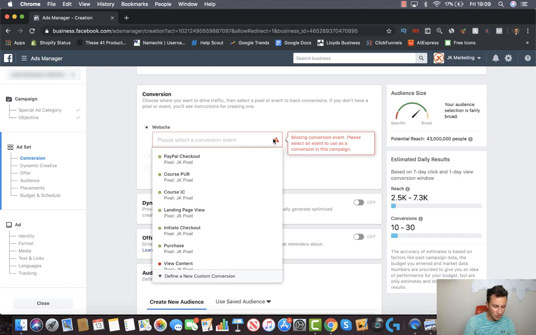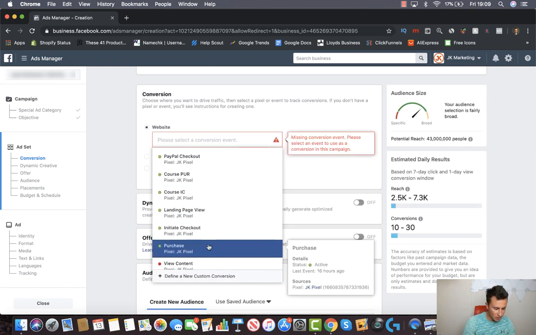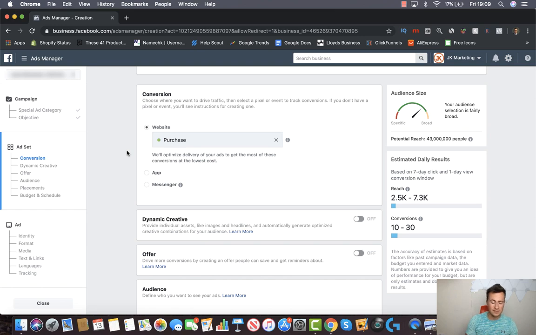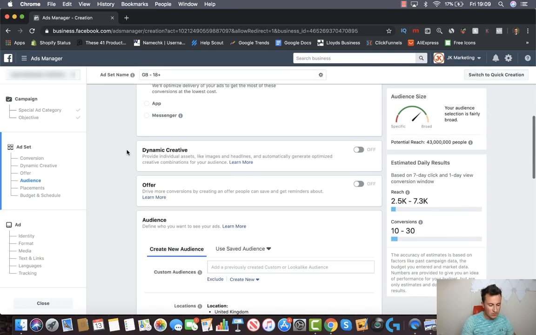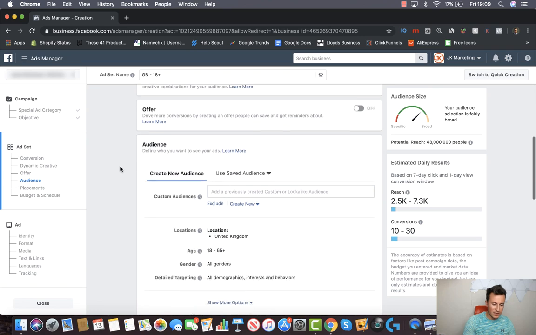In terms of the actual optimization you want to go for, we're going to go for the purchase objective. If this isn't green on your store, then what I recommend is simply running a test purchase on your store so you can go straight for purchases. Moving on then, we're going to ignore these, they're a bit more advanced, and we're just going to stick to the basics in this video. Trust me, what I show you in this video will be more than enough to go out there and make your first 6 figures on